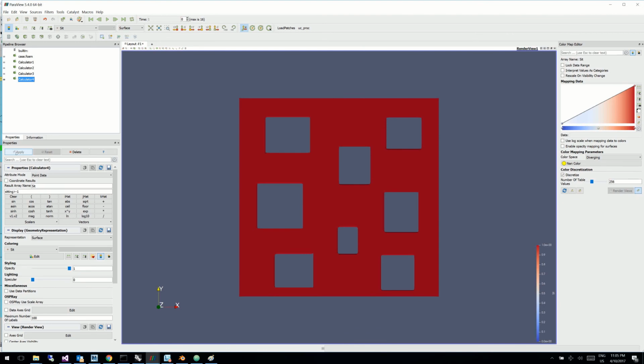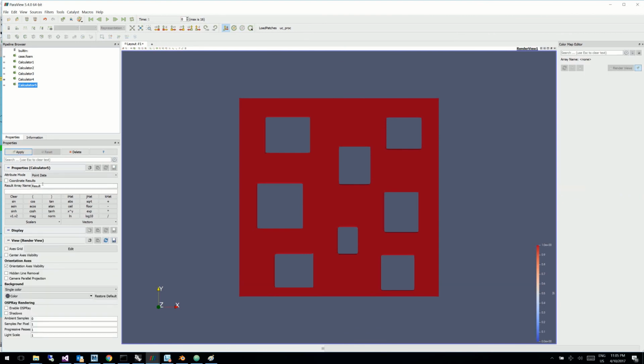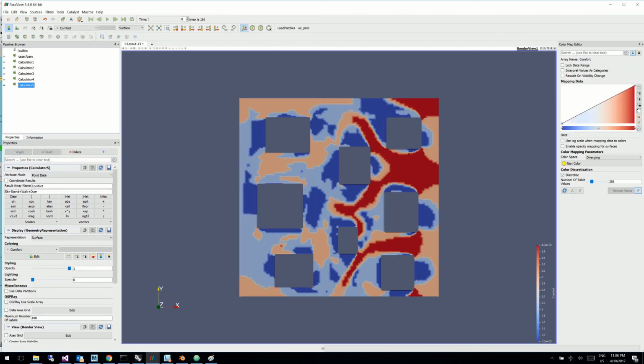So that's that. And finally, the final calculator we're now going to do is we'll call it comfort, and it's going to be the summation of those layers that we created previously. They're graduating layers, and it was sit plus stand plus walk plus over. And when you do that, you've created this layered result, and you can see we're on a scale from 1